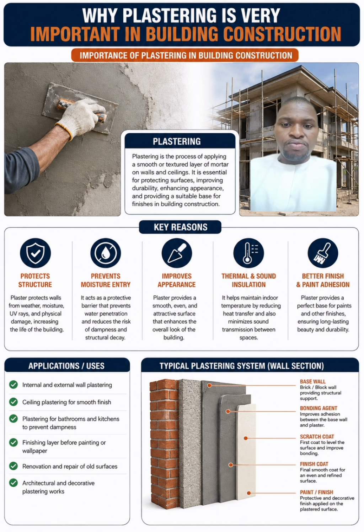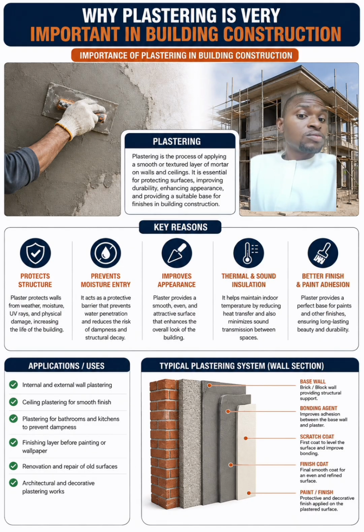The next point is renovation and repairs of old structures. During renovations of old structures, some of the ruptured walls, you tend to remove them, then you do plastering, because if you don't remove them and you just repaint like that, it's not going to come out well, because some of the walls are ruptured, maybe due to water seepage or due to molds. But you have to just remove all those ruptured walls. Then you do your plastering, you screed, so that the wall will come out better.